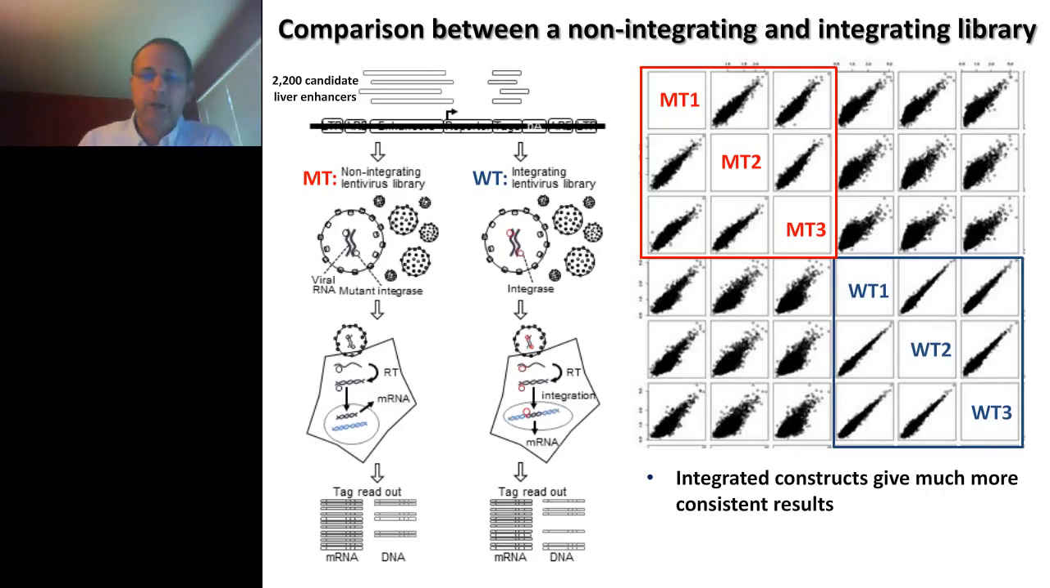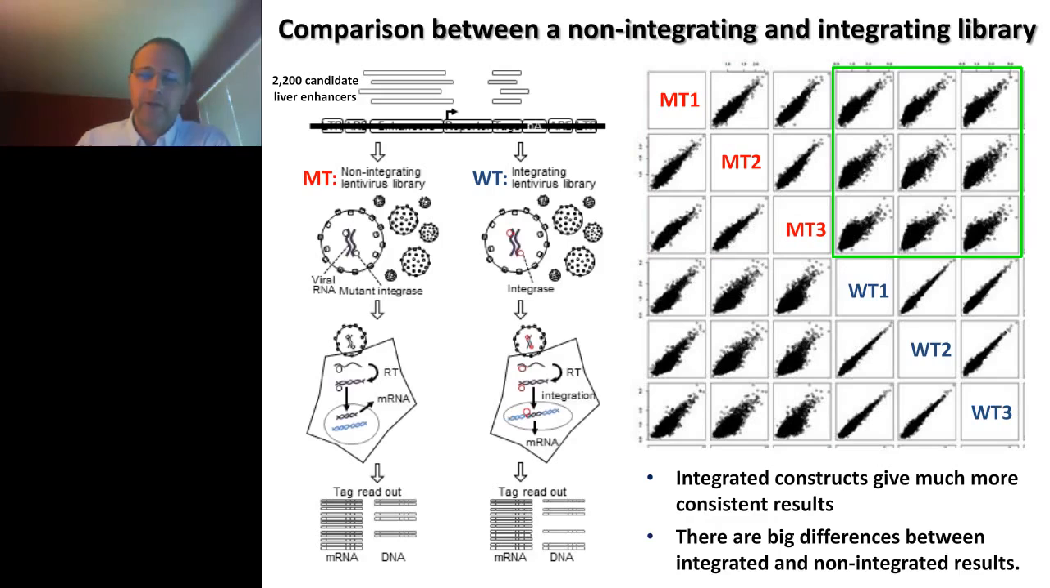Here on the top, we're comparing the mutant libraries, the ones that don't integrate into the genome, and as you can see here, they're a bit less consistent from one another. What we really wanted to do in this case is also compare them to one another, the wild type, the ones that integrate, versus the ones that don't integrate. And if you look here on the top, where it's highlighted in green, you can see that there are major differences, for example, here between wild type 2 and mutant 2 comparisons, suggesting that there are differences between integrated and non-integrated